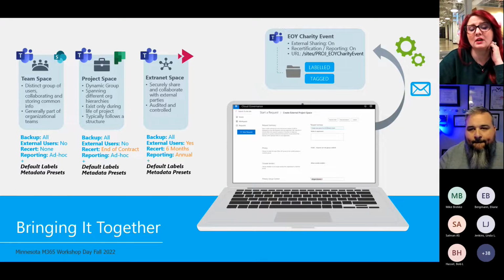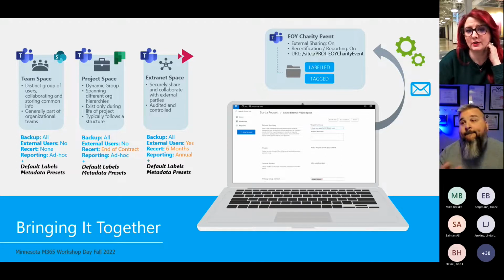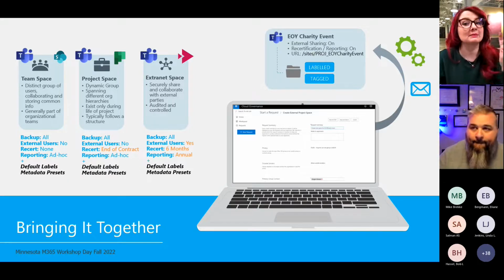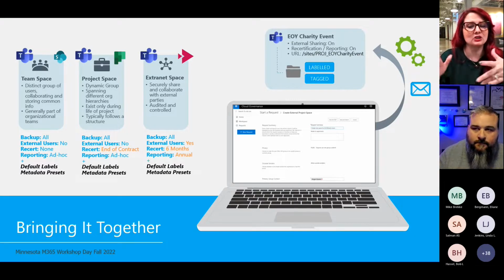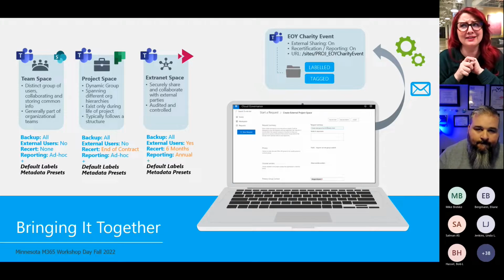And if you're not sure, go to Microsoft Forums, create a survey, send that out to your user base. What do you wish was better when you need a new team, a new workspace, a space to collaborate? Get that information, talk to the business, meet those needs, and you will be a hero in the organization.